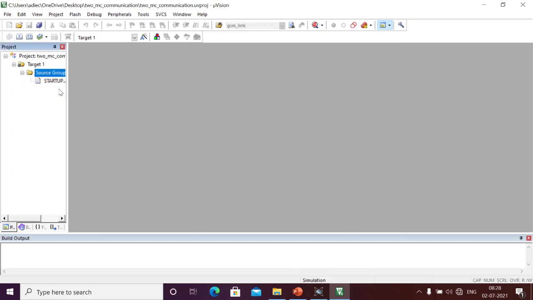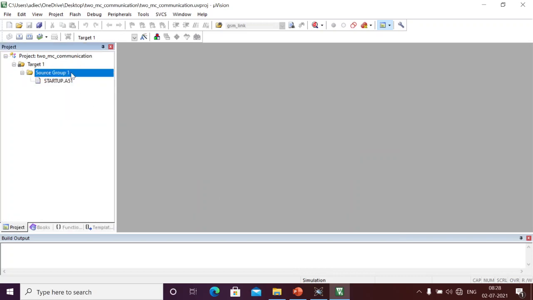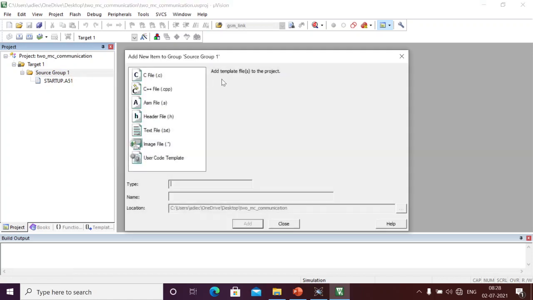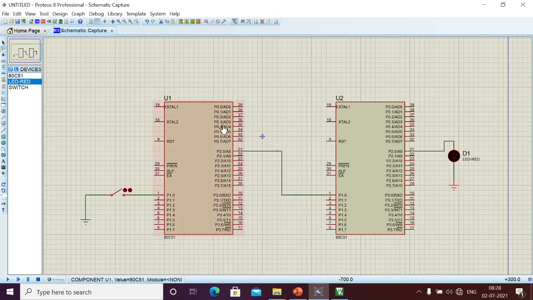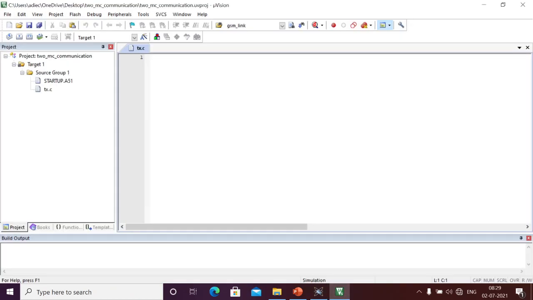Here I am going to write my program, tx.c. I am going to create tx.c for this microcontroller, and rx.c for this microcontroller. Here I am going to write the programming: #include <reg51.h>.